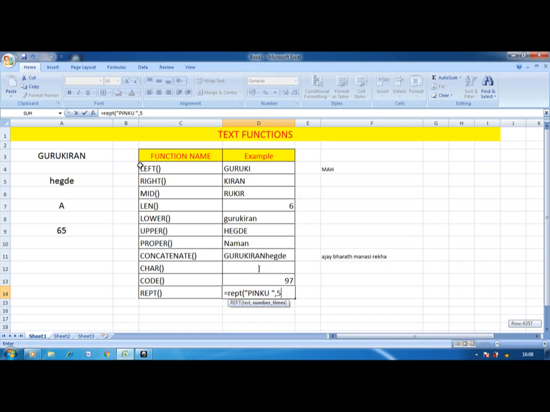I want to repeat it 5 times. So if I press enter here, Pinku appears 5 times. Or instead of a name, if I want to display a star mark 2 times, or the at the rate symbol 5 times, I can.